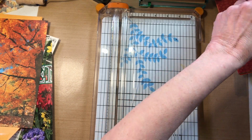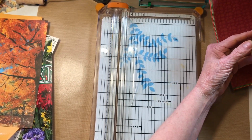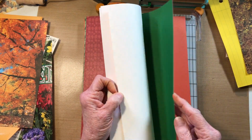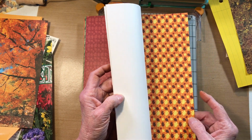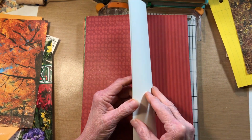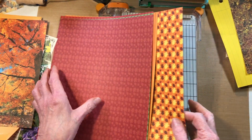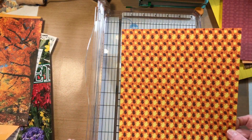Okay, now I have some small, these are all leaves though, I think. They're not double-sided, but I like some of the colors that we might use in the other book. But I just felt like we needed a little bit more leaf in this book, so I thought we'd do one of these. I'm thinking we do the mix one, the mix colors right there. We should be close to having an even amount of